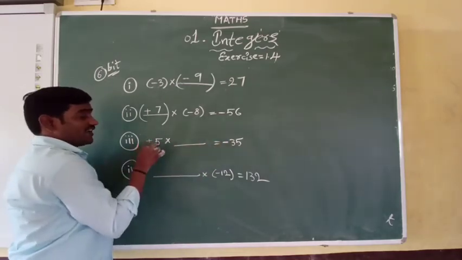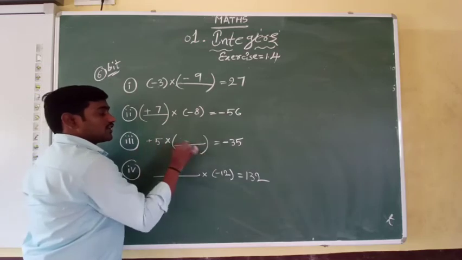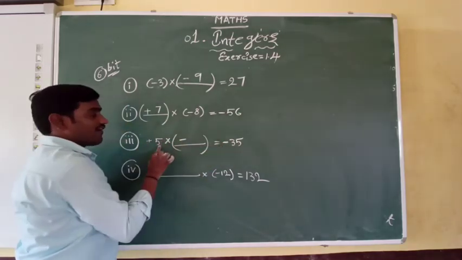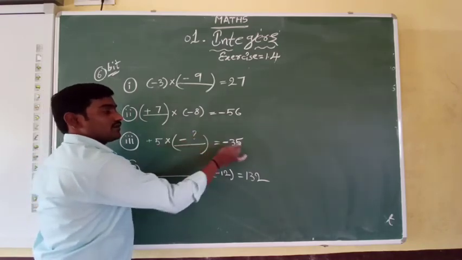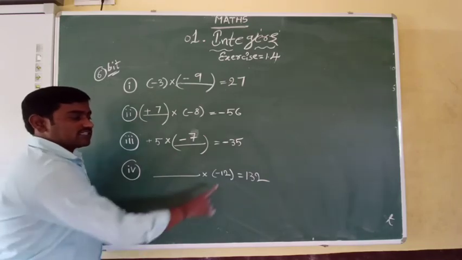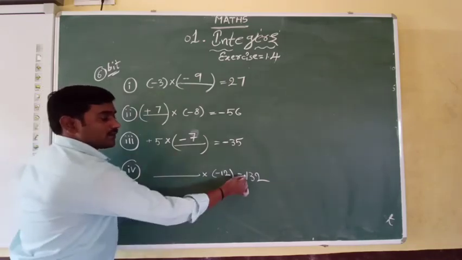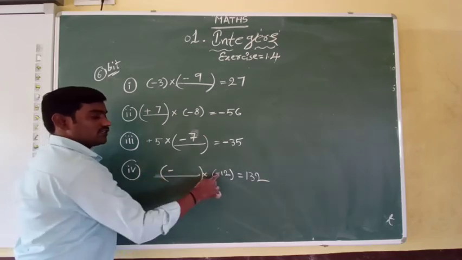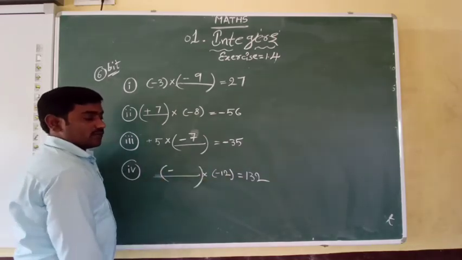Now here it is a minus. So already the 5 contains the plus. What should we get now here? Minus. Plus into minus gives minus. 5 how many are 35? Simple, 5 sevens are 35. In the same way you can tell here. Here it is a plus again, so we have to get minus here. Minus into minus, only then you get plus.